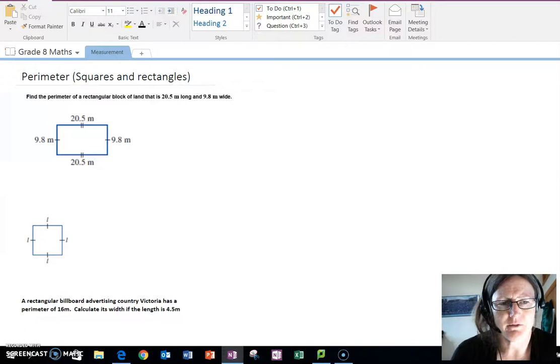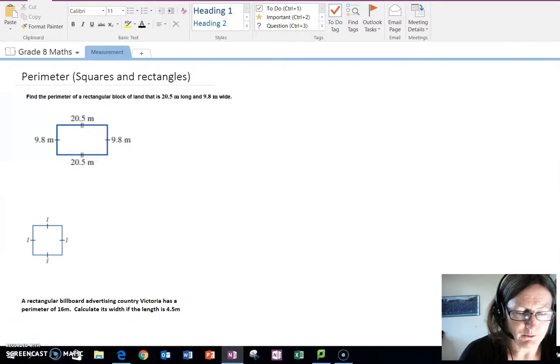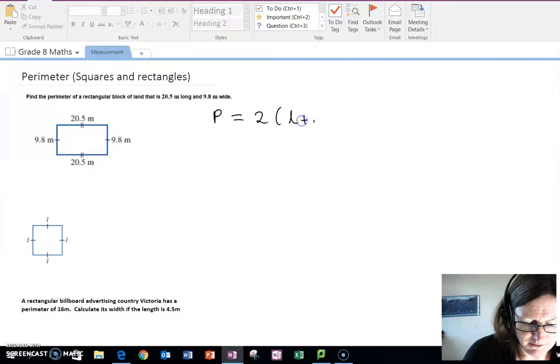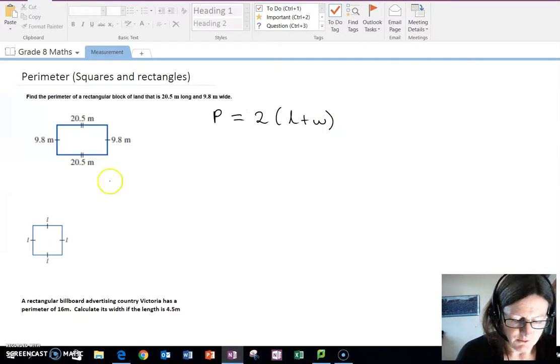Okay, the second perimeter video is going to look at the perimeter of a couple of shapes, squares and rectangles. And for both of these shapes, we can use a formula to work out the perimeter. So for a rectangle, the formula is the perimeter is 2 lots of the length plus the width. So the rectangle that we have just here,